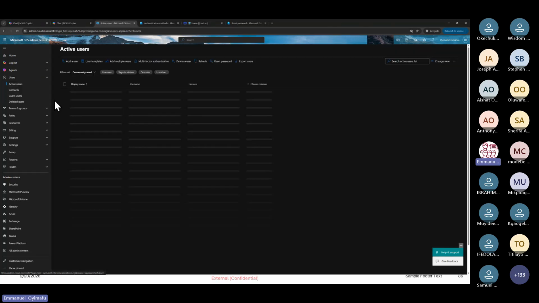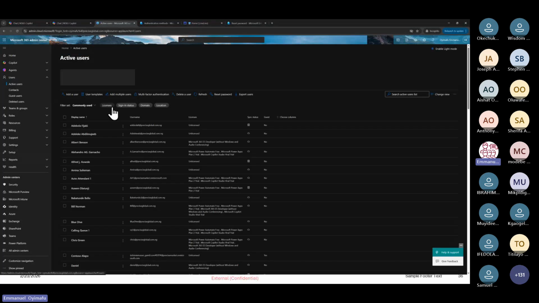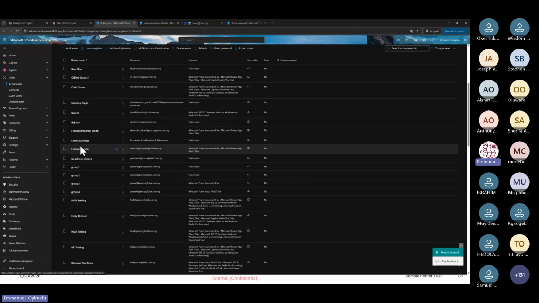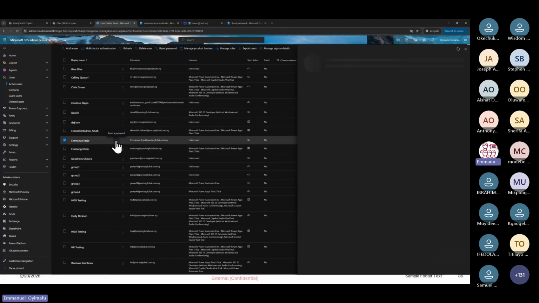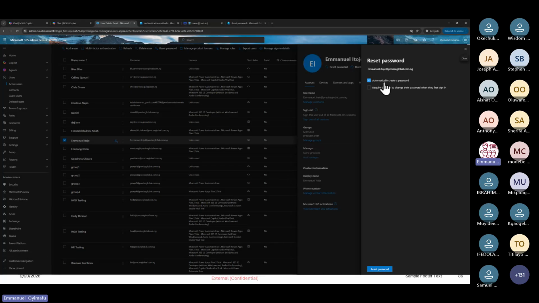Let me check from M365 Admin Center, because I know when I'm trying to reset password for some users, I see where they will ask me, okay, you can provide a temporary password or use the auto-generated password. So let me search for Itoje here. Let me select Itoje. So for Itoje now, automatically create password. If I say automatically create password, that means Microsoft will create the password for me. But if I uncheck this, I can type the password that I want. Maybe since Itoje is in Precise Online, Precise Global, I can say Precise Pass Test 0123.